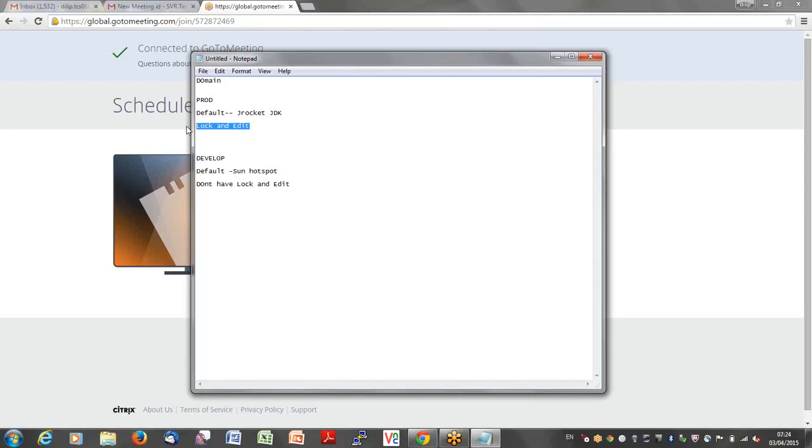But using lock and edit, you can avoid those restarts, which means you can avoid outages in production. So if you select the production domain, you can avoid the restarts by using lock and edit. You know, right? Whenever a server is started, first of all, it will read the configuration files, and once it has read them, it will start the process based on that configuration.